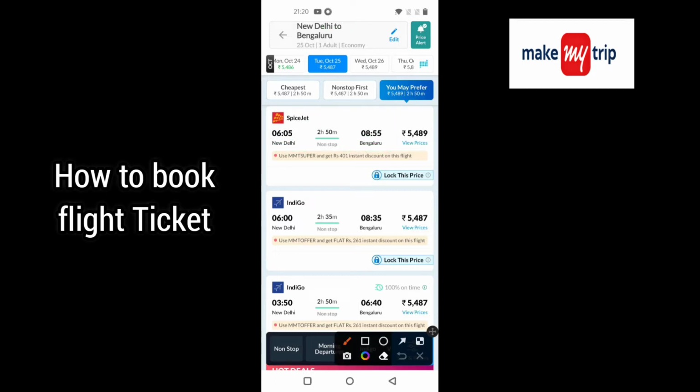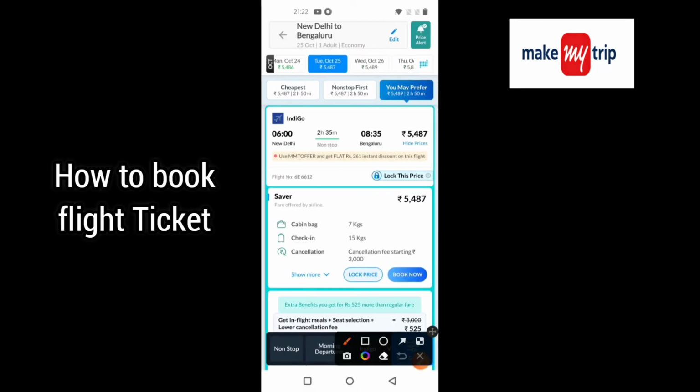Here I am selecting this flight. This is an Indigo flight and it travels from New Delhi to Bangalore in the early morning at 6 o'clock, and it reaches Bangalore at 8:35 in the morning. I like this flight, and I am booking my flight ticket on this flight. So I selected this flight, and after selecting that flight,